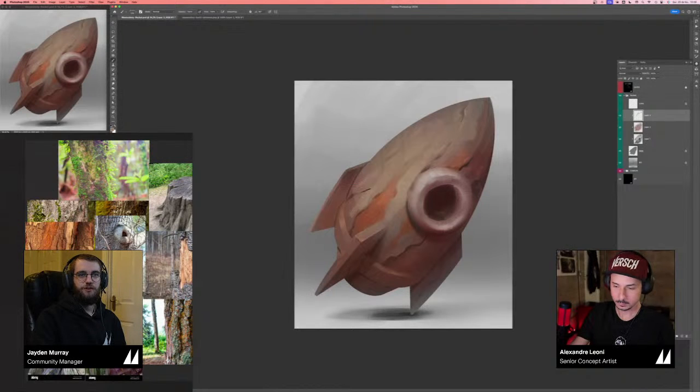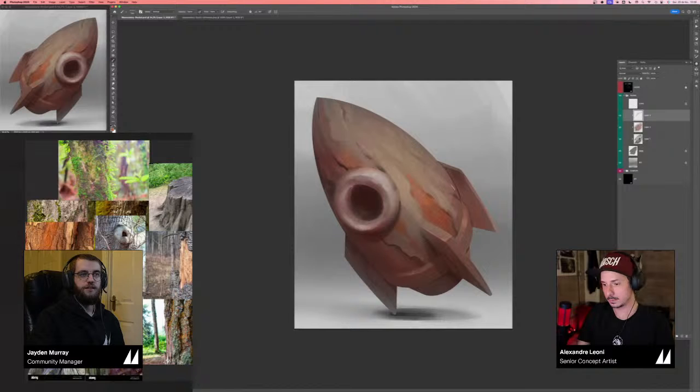Messiah says, "It's quite difficult for me to paint saturated hues with this method." Oh, with the grayscale. The grayscale method, yeah. Yeah, grayscale is hard because